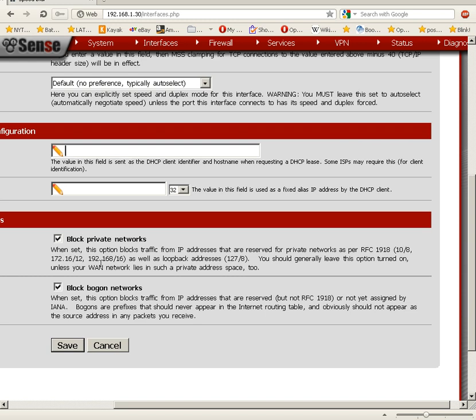There's 2 check boxes here. So block private networks is to ensure that the private networks defined in RFC 1918, which are 10.x.x.x and 172.16.x.x through 172.31.x.x, which actually have 12 bits for the network identifier in that one, so you can actually use the last 4 bits of the second octet for those 4 bits as the first 4 bits of the postfix. And then we have